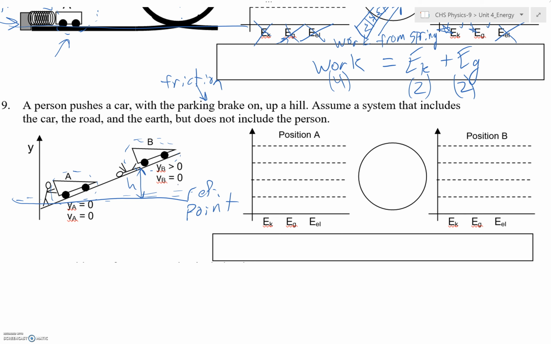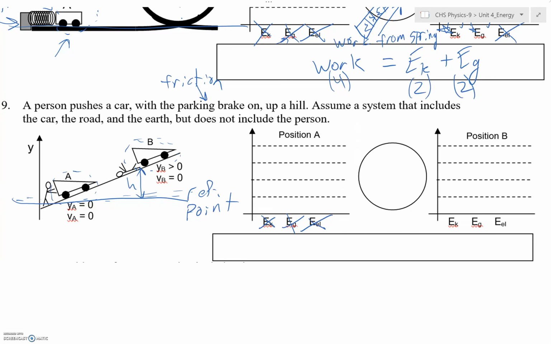All right, welcome back. Great job, great try. Let's see if you got it right. So in the beginning, there's no energy in the kinetic account because it's not moving at position A. There's no energy in the gravitational account either because it's at the reference point. There's no elastic energy either because look at that, there's no spring. Okay, so this is another example where we have no energy in the beginning. Meets level questions will not always have no energy in the beginning. That just happens to be how the example works out this time.